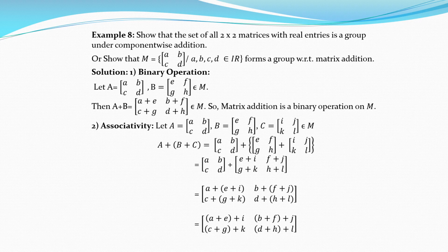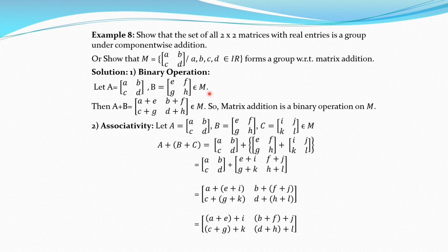Now, the set of all 2 by 2 matrices with real entries is a group under component-wise addition. Or the same question can be asked as M equal to the matrices with entries a, b, c, d, where a, b, c, d are real numbers. It means it is the set of all 2 by 2 matrices with real entries. It forms a group with respect to matrix addition. So to show that it is a group, we have to show that addition is a binary operation on M. It is associative. Then we have to find the identity element,